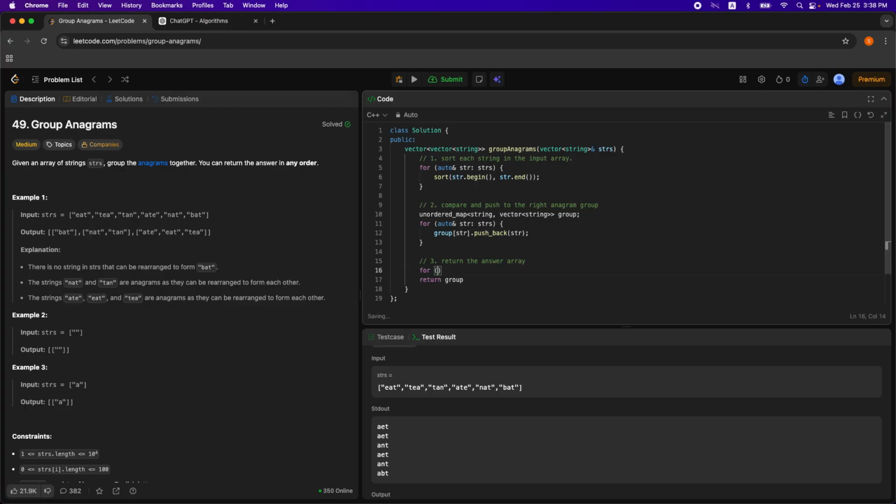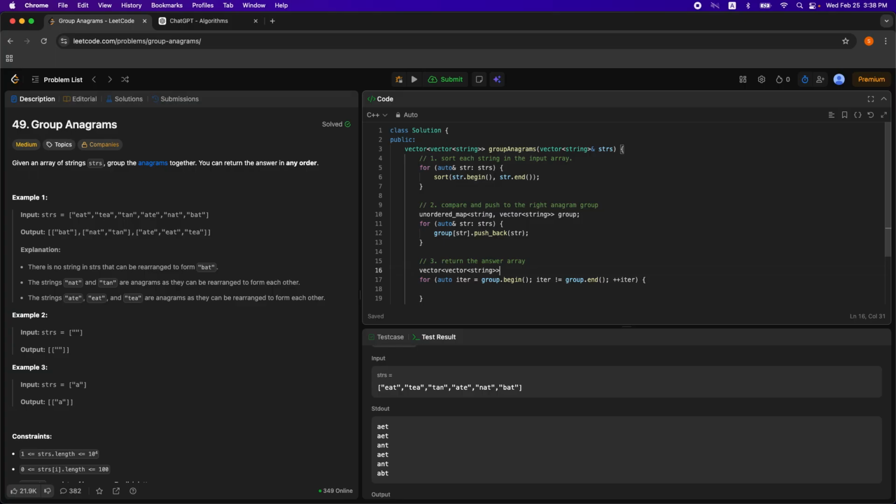Anyway, I will do the traditional way. So auto iter equals group dot begin, and iter is not equal to group dot end, and increase the iterator. Yeah, and we need to initialize the